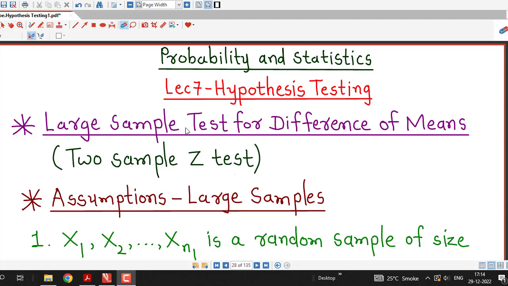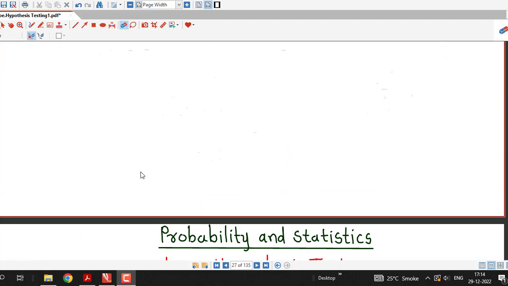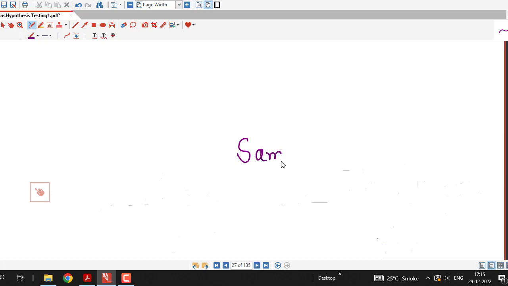In this lecture, we are going to discuss large sample test for difference of means, or two-sample Z test. Up to lectures 1 to 6, we have discussed population mean and we have seen how to estimate population mean using the sample mean. So we were concerned with only one population, and we have seen how we can use sample mean to estimate